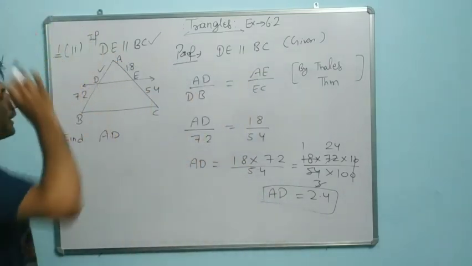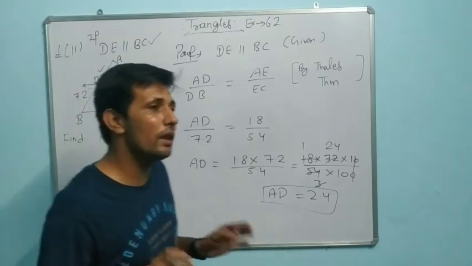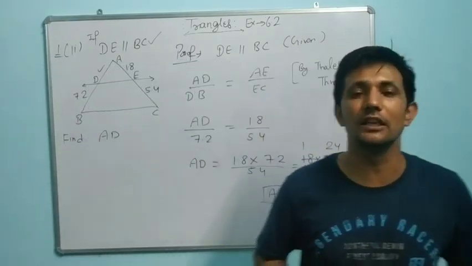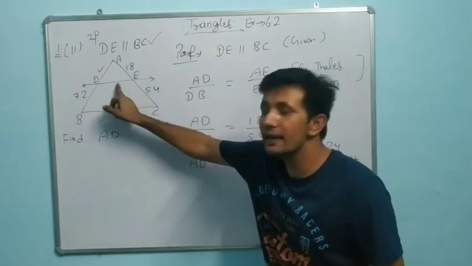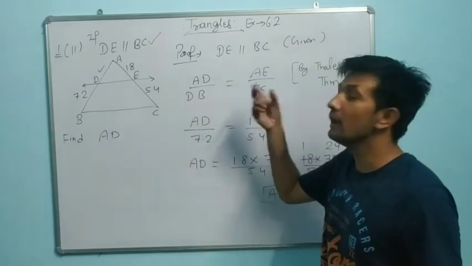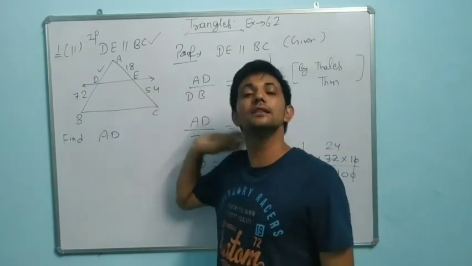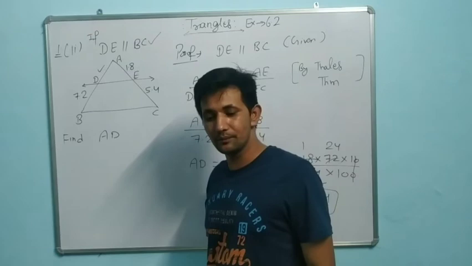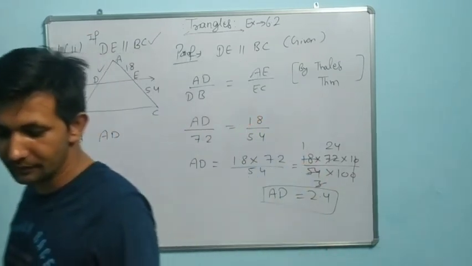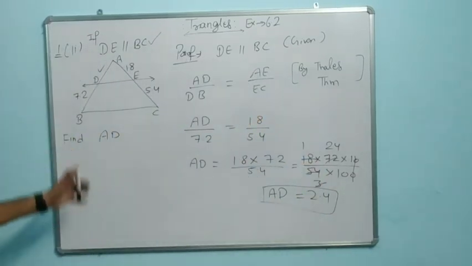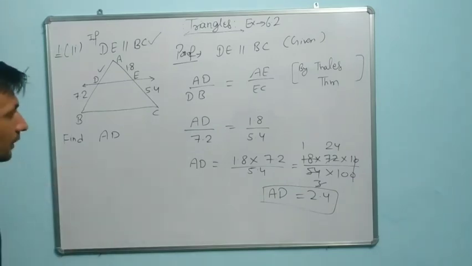We only have to remember what is given in the question. If a line is parallel, the ratio is the same. If the ratio is the same, the line is parallel. Understand, dear? So please note it down. Now we will do the next question. Question number 2. Look at it. Note it down.